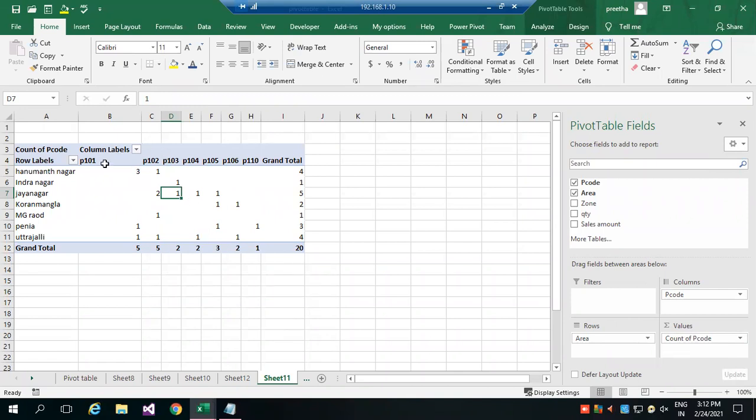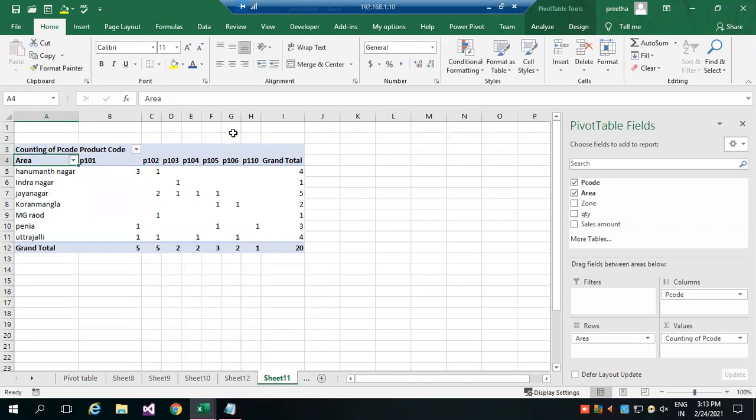Okay. So now in this, again, I'll say count of product code. Already the title is given. Column label, so columns representing product code. I can give my own title. And row label, it's area, so I'll say area. So counting of product, counting the number of transactions for each product.